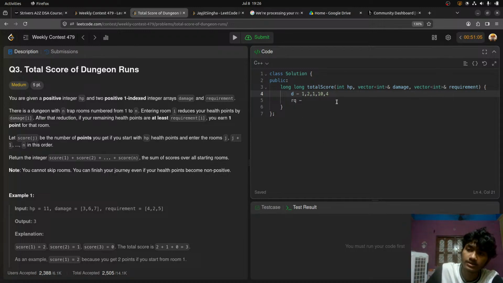So my thinking is, try to add the damage, and now when you come here you will be like, okay, when you started from here, when you started from here, when you started from here, in the end you will have how many of the health points are there. So it will be like all of them,